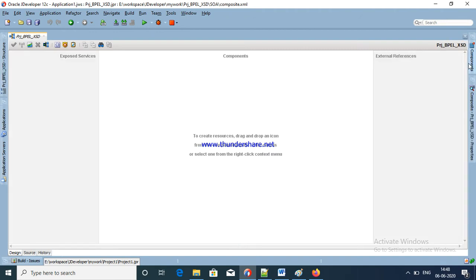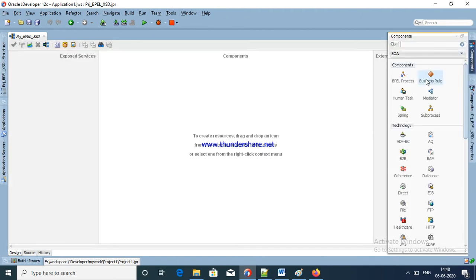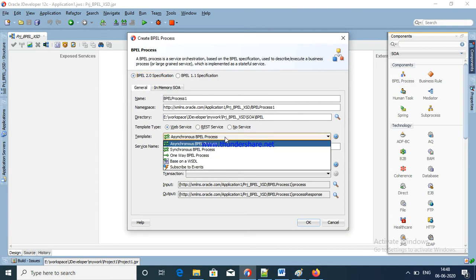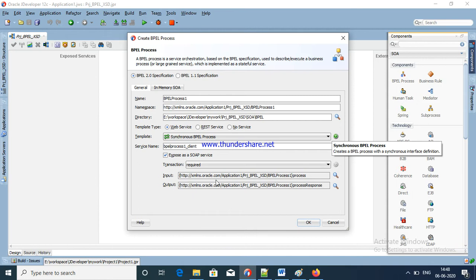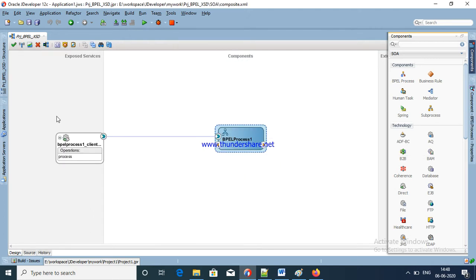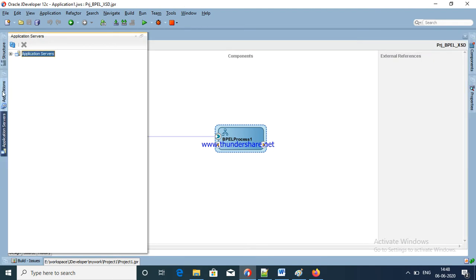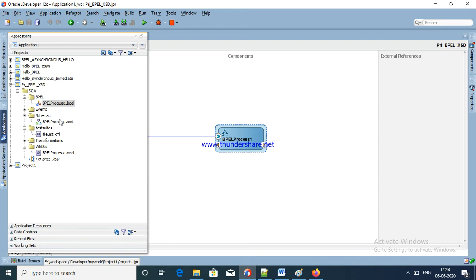See here, once you drag and drop, it will ask for the XSD. Now select. Now we selected the previous project. See here, this is the XSD. Now click finish. See here, the XSD file is created. Where is my application? See here, schema. This is the XSD. In this project we are going to use it.